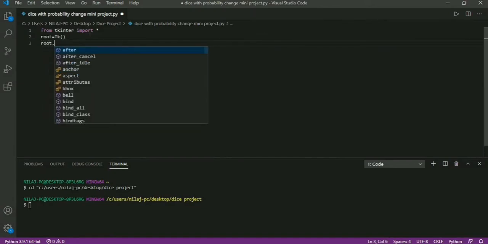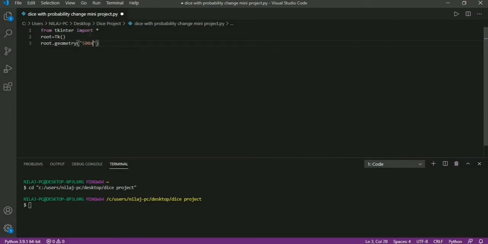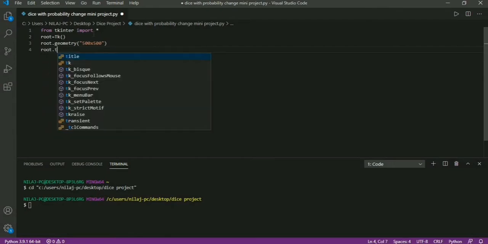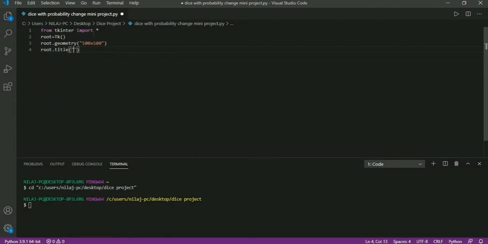Root dot geometry 500 by 500 and root dot title dice rolling app with probability changing. Now I will use main loop method.